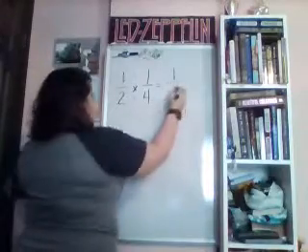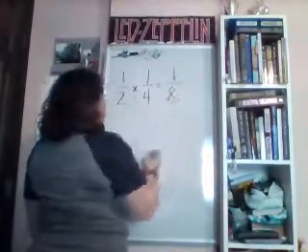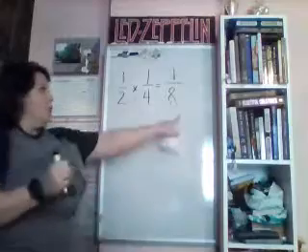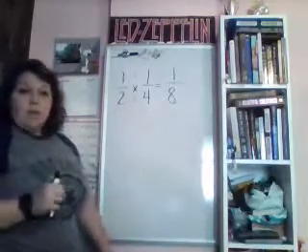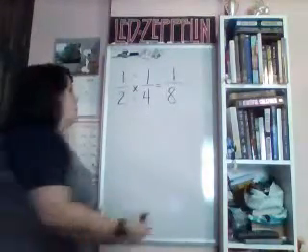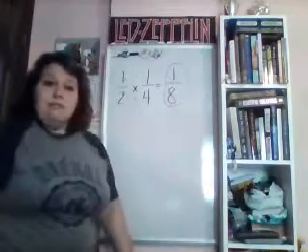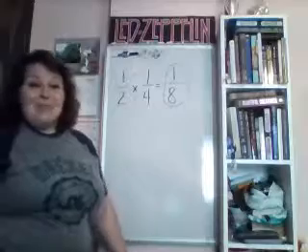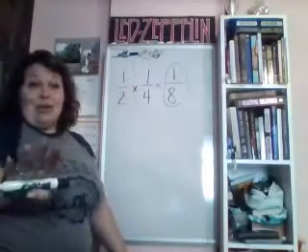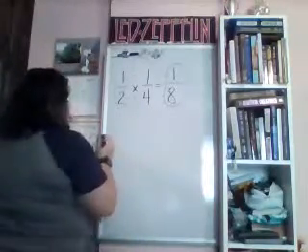2 times 4 is 8. And then our final step is, can we reduce that anymore? Nope. So we're done. This is our answer. That's multiplying a fraction. That's it. Told you, it's a lot nicer than adding and subtracting. Okay, so,